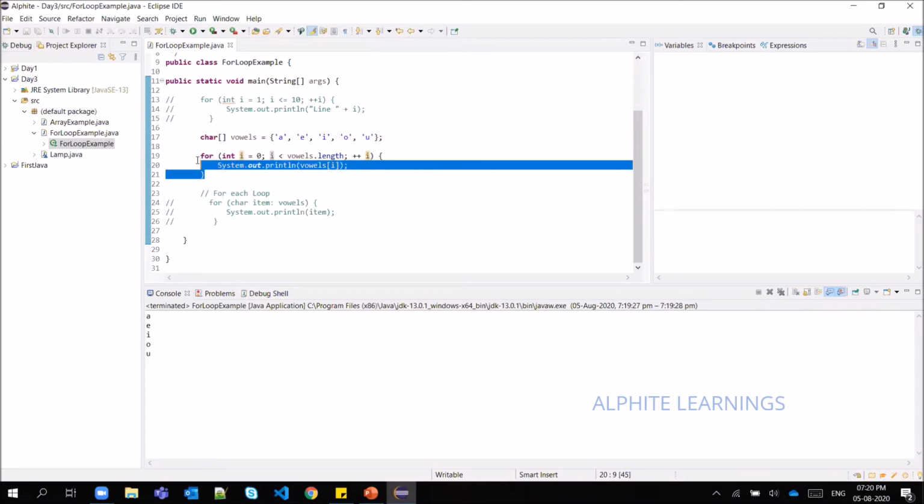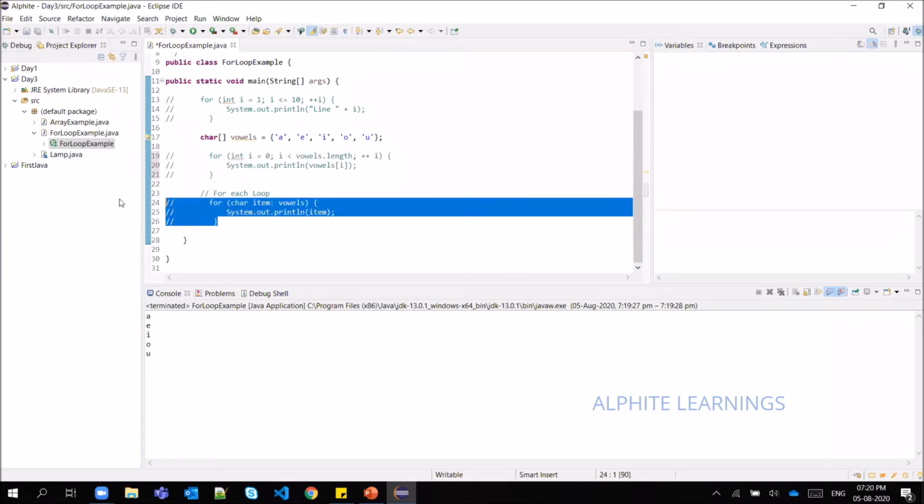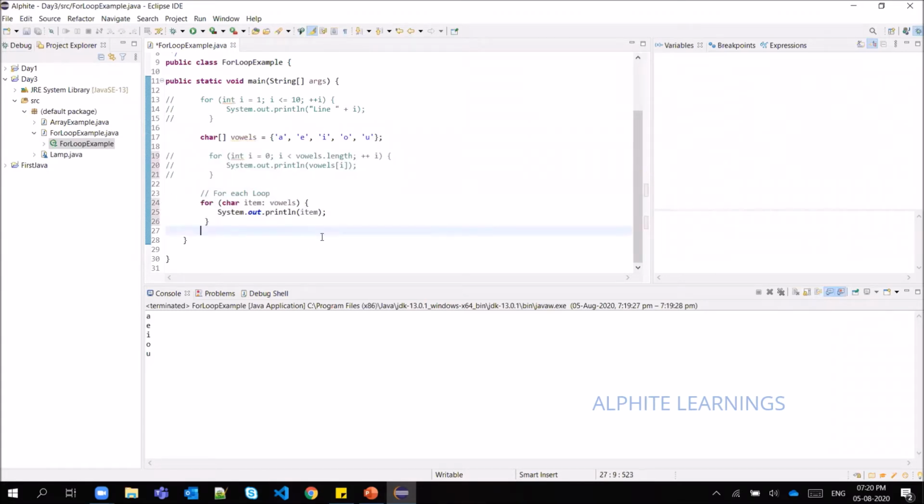The same set of code I can rewrite like this. This is called a for each loop. For each, in the sense that you have some array, like the vowels I mentioned. I know that each and every element inside this array needs to be iterated inside a loop.